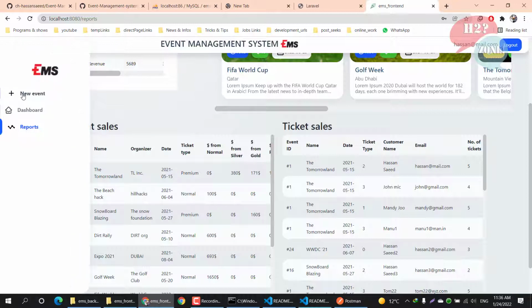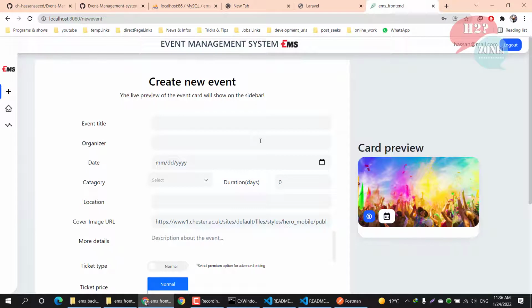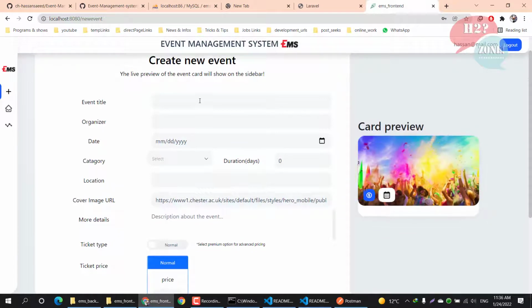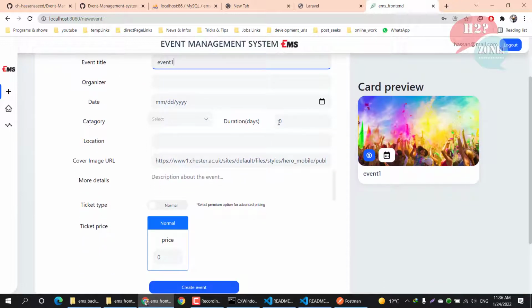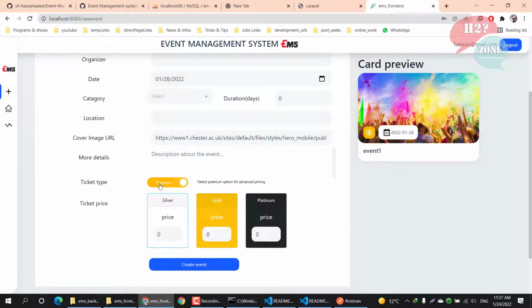And this is our new event page where we can create a new event, and it will also preview while creating, like event 1. And if we give any date, it will preview the date, and also if we set any price,